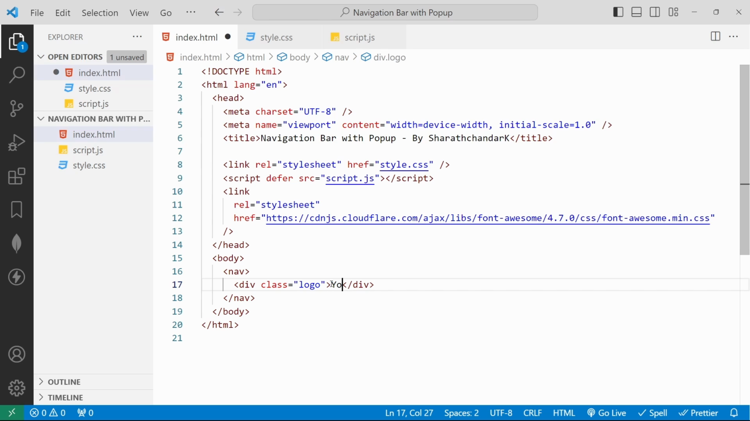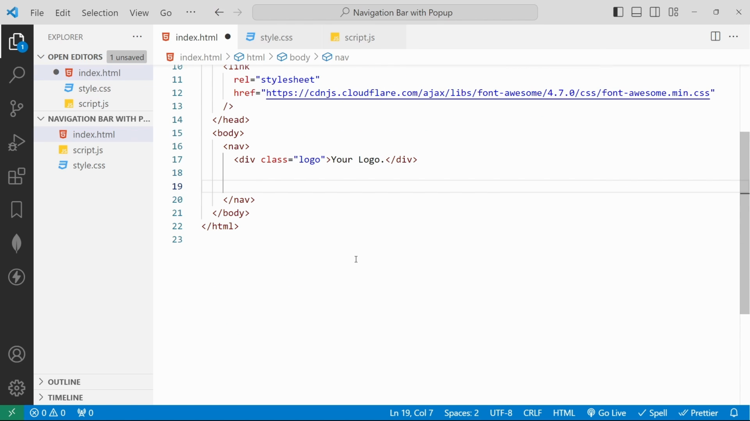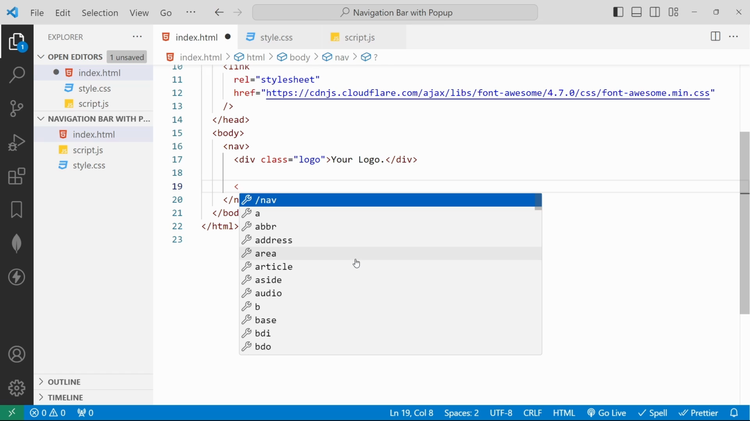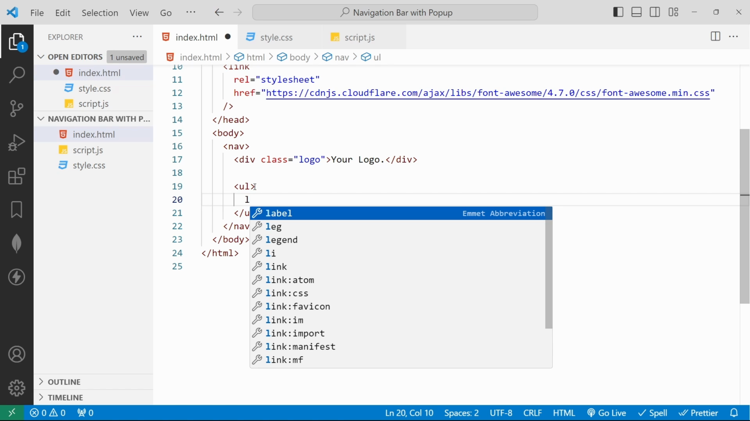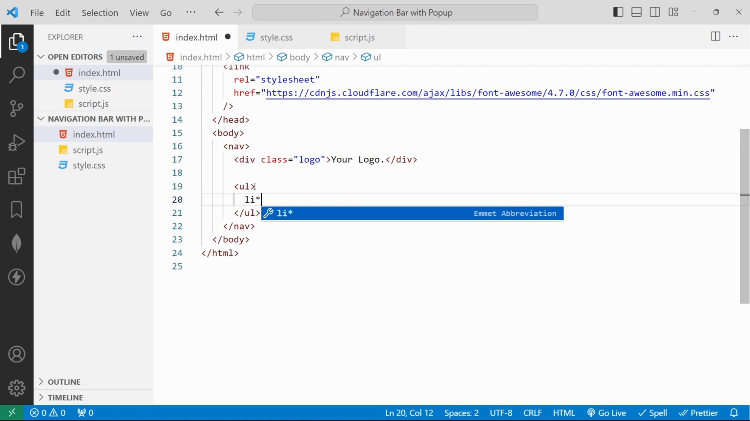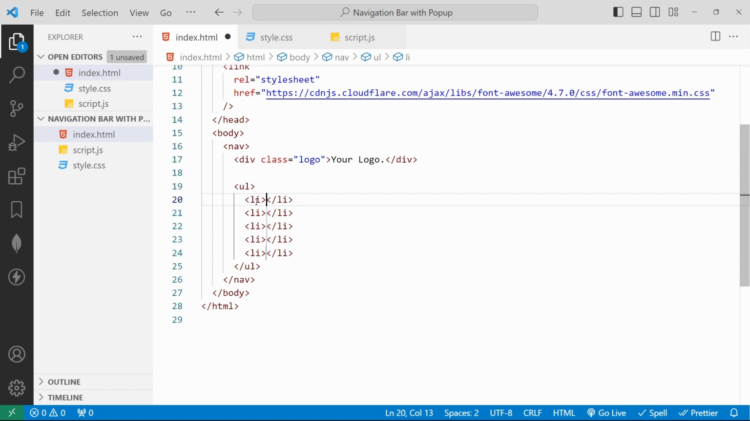As of now I have set your logo and then I will add the UL tag to assign the menu items. With the help of UL, if I hit enter, it will create a UL tag and then inside that we are going to add the LI. So for that we are going to add 5 different menu items, so we can add an LI 5 times with the Emmet abbreviation. So LI asterisk and 5. If we hit enter, it will automatically create an LI 5 times